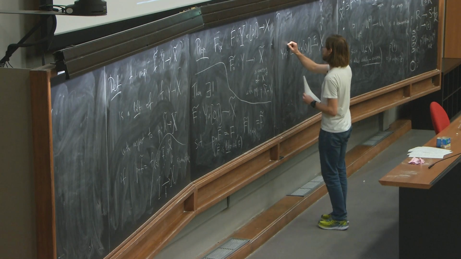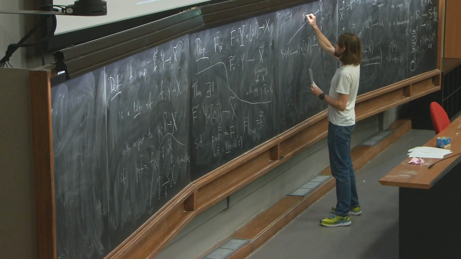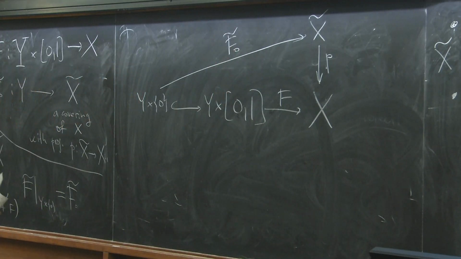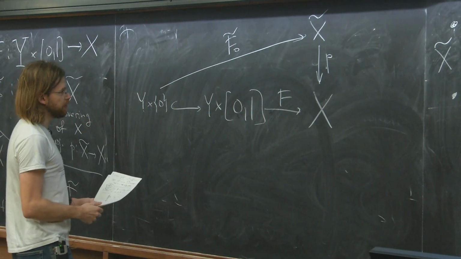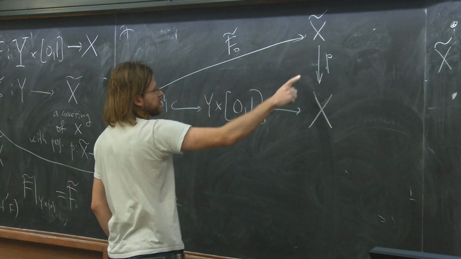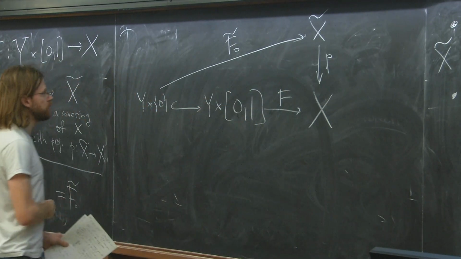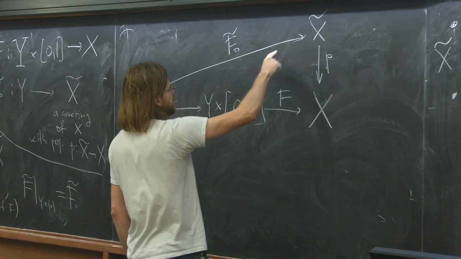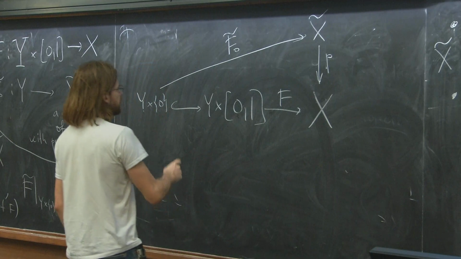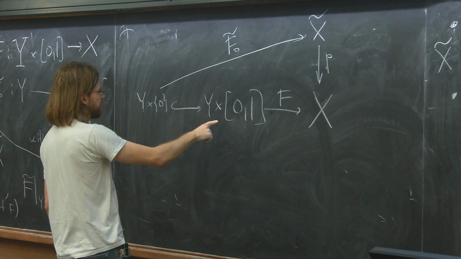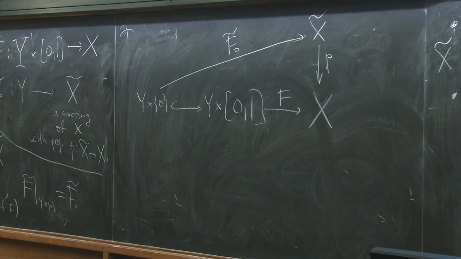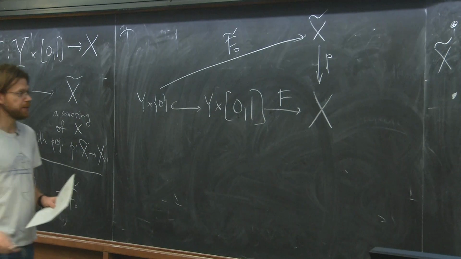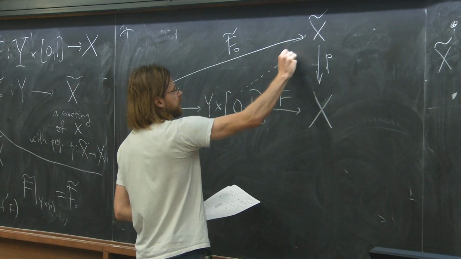And we are also given a map f0 tilde, which is a map from Y to X tilde. So this is specified, and it's given that this commutes, right? So we know that if we compose f0 tilde with P, this is in agreement with the restriction of f to 0 here. So this part is commutative, and then we ask a question if there exists